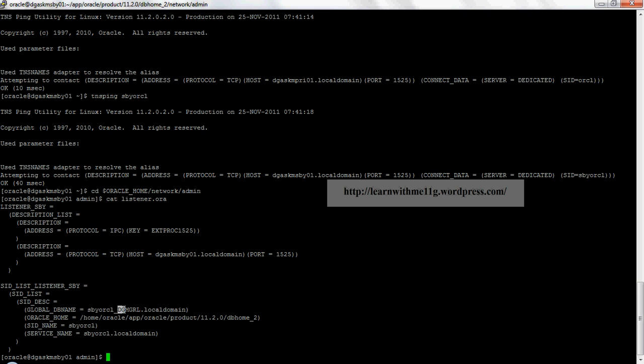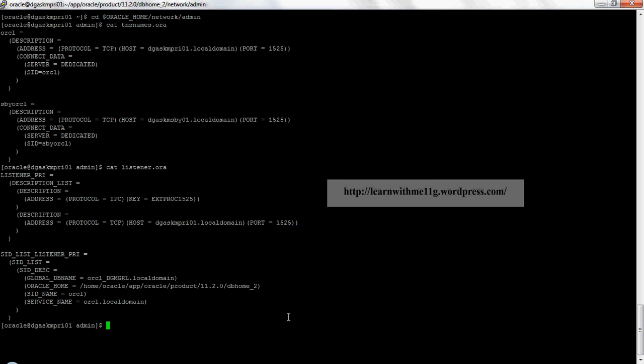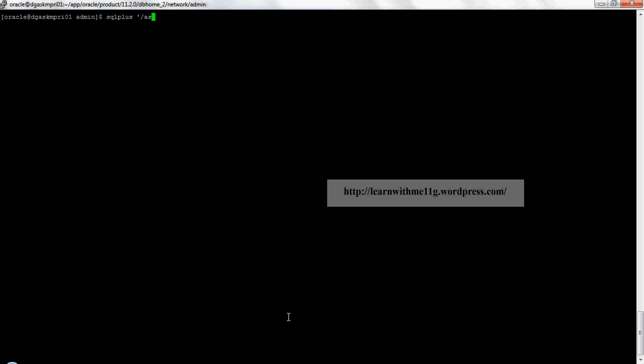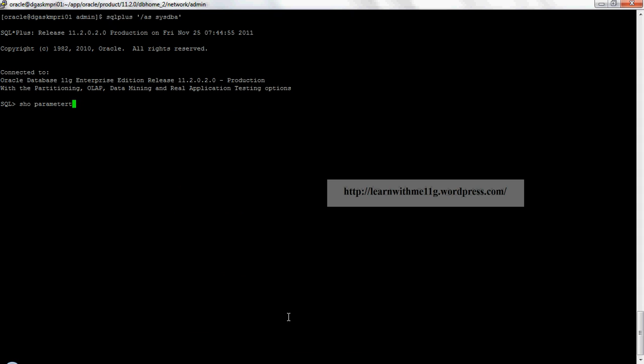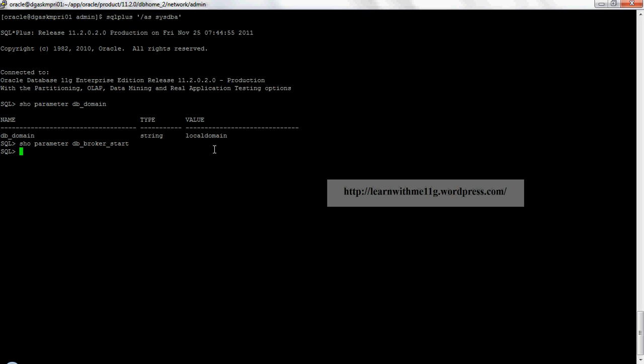So let me also verify the initialization parameters that I need to set to configure a Data Guard. As I said, I need to have the db_domain value set. So this is set to local because I am using a local server, so I do not have my servers on a network, so I'm using a local domain. The next initialization parameter is db_broker_start. Sorry, dg_broker_start. So this value should be set to true for configuring, and another initialization parameter to also verify is